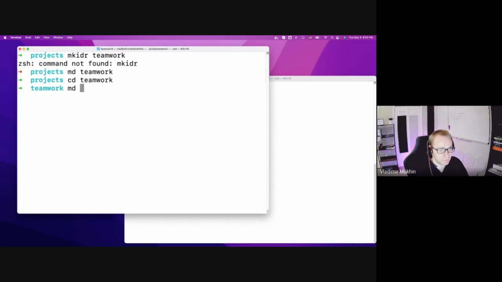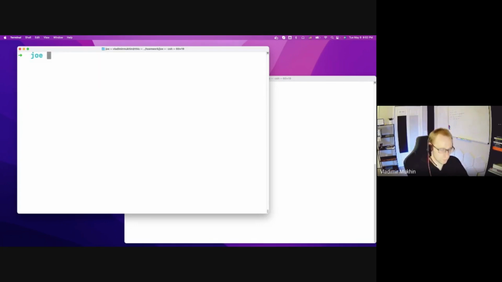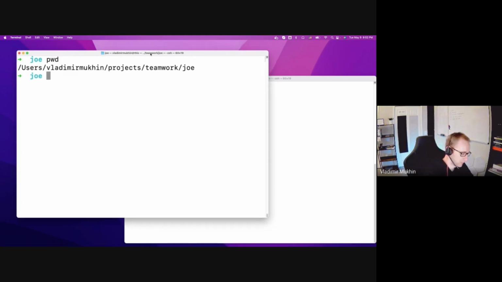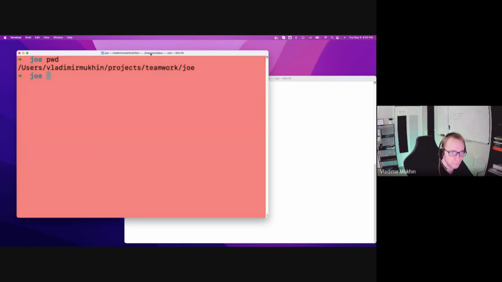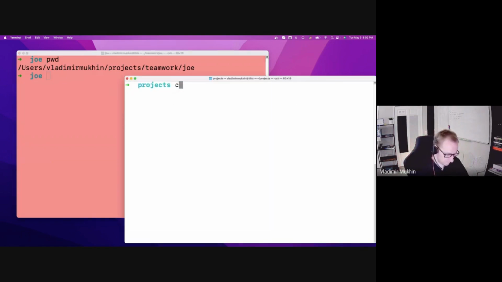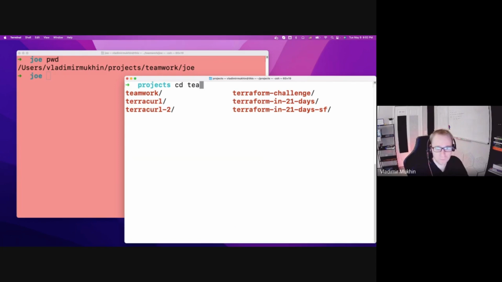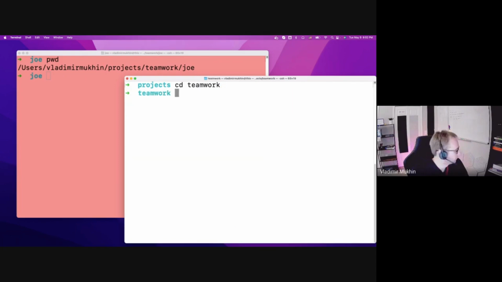Let's say we'll have a person, his name will be Joe, and this folder over here in this terminal window, and let me color it red, will play the role of Joe's computer, of laptop owned by Joe. I'll have a separate window, and let's say second,